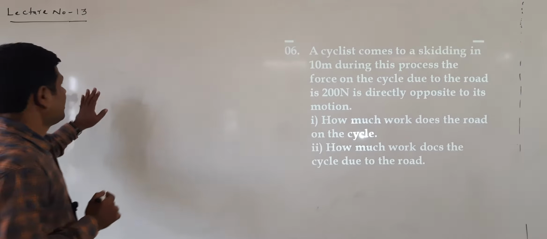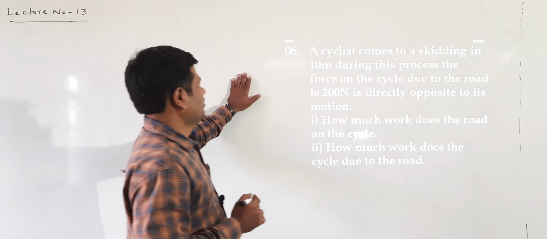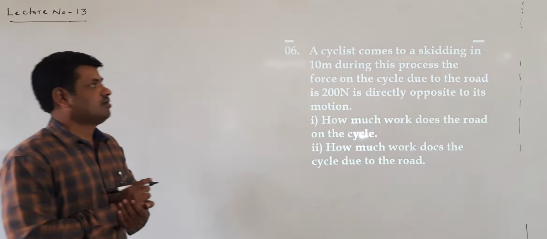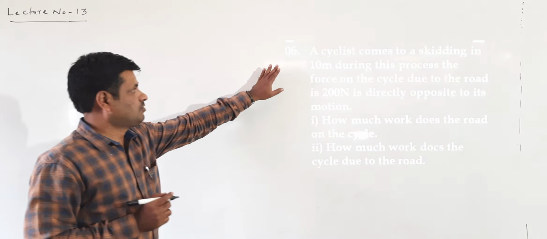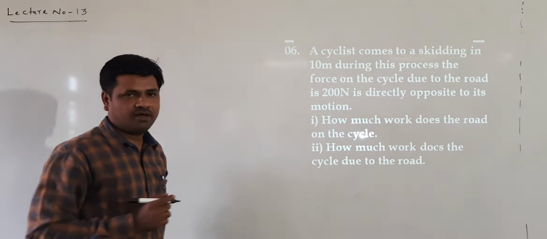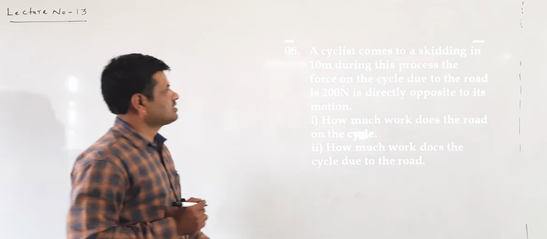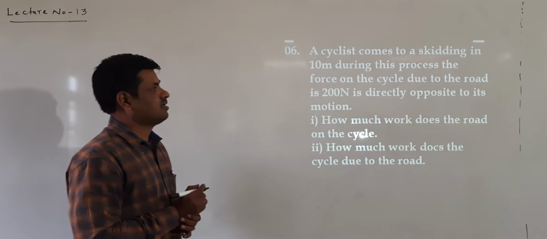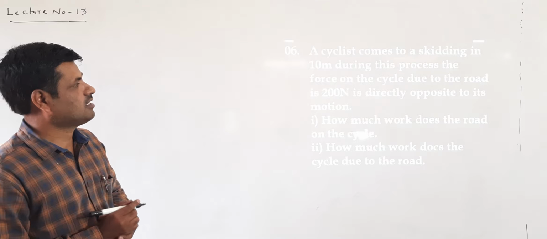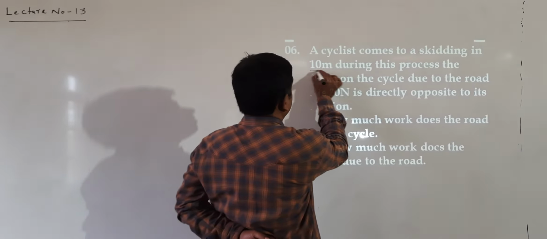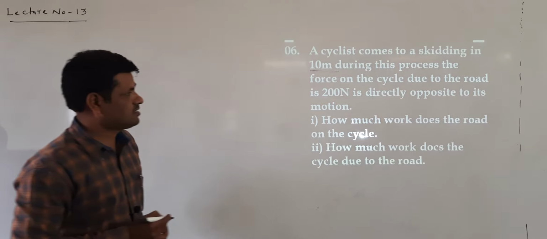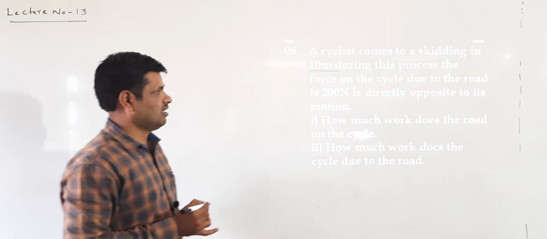Here is the continuation of numericals. Next we come to the sixth numerical. A cyclist comes to a skidding in 10 meters. During this process, a force on the cycle